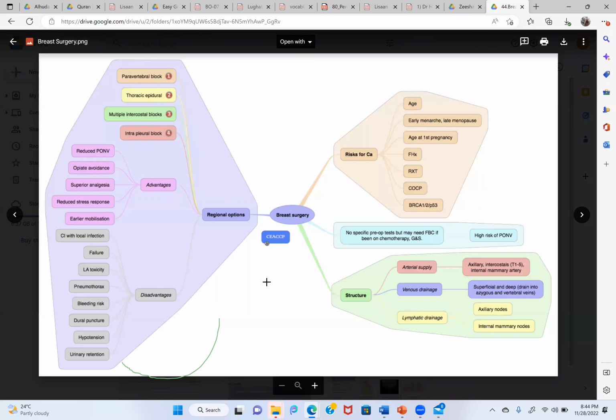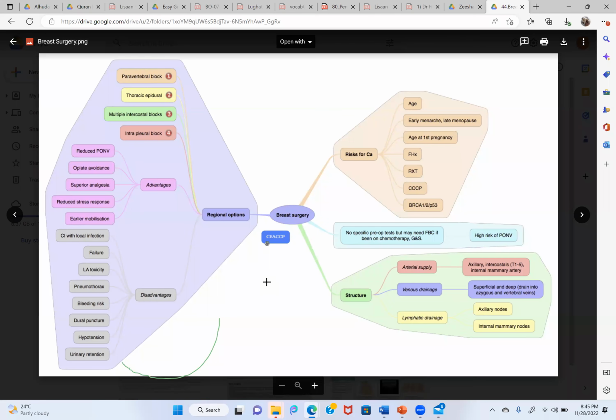I think we have just covered age, early menarche, and late menopause as risk factors for cancer, and then chemotherapeutic agents and risk of PONV. Of course, I forgot to mention chemotherapeutic agent mediated nausea and vomiting. Actually, ondansetron and granisetron, which we use a lot, were initially used for cancer chemotherapy related nausea and vomiting, and later on were adapted by anesthesia fellows as well. It is one of the most commonly used medications now.